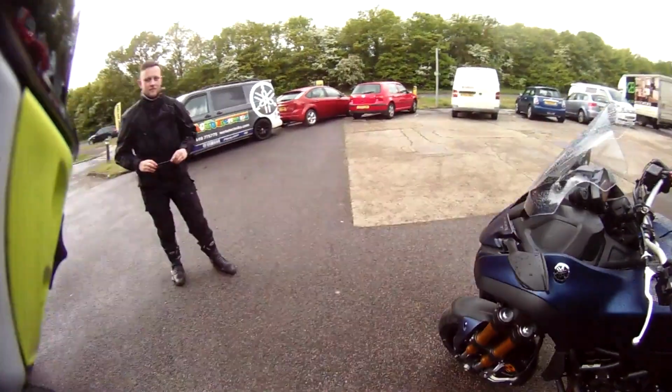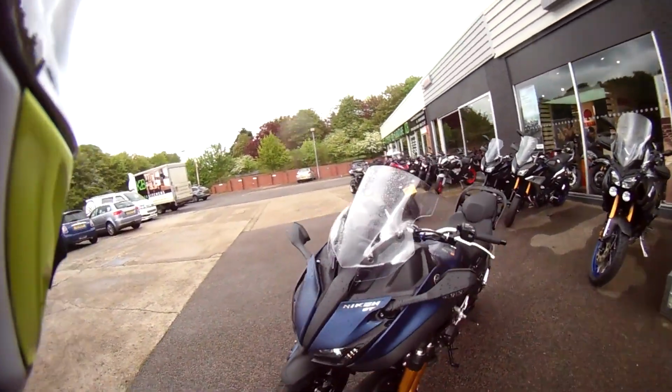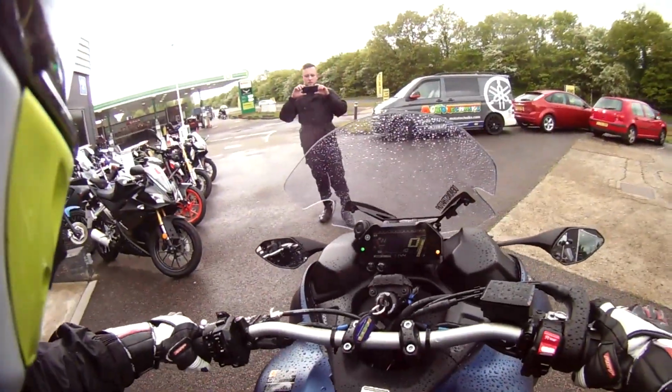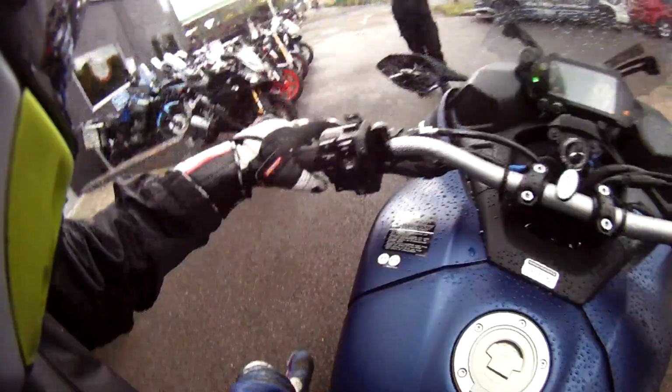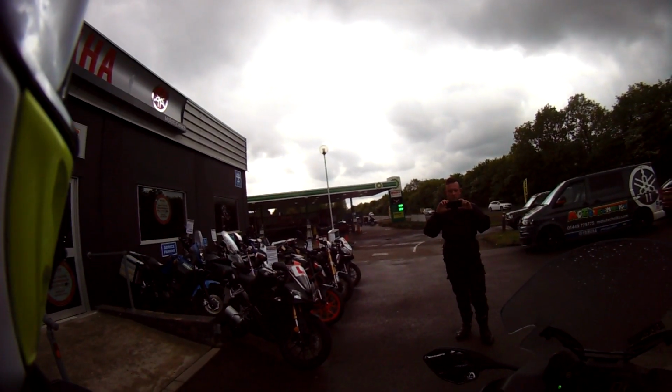Alright, this is the new Niken. This is the GT. Nice blue. Oh, right. So yeah, there's a lot more weight on it. It's a lot more upright. And